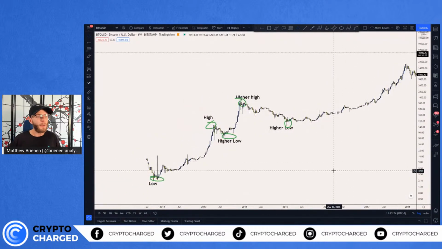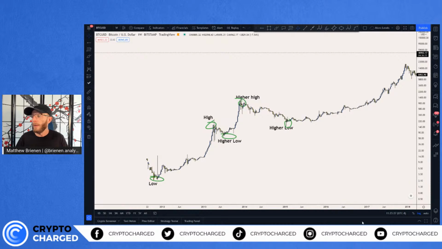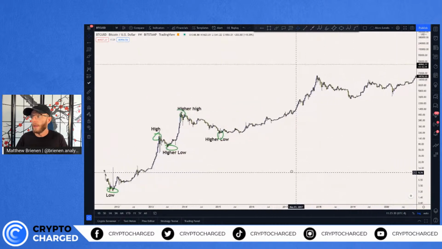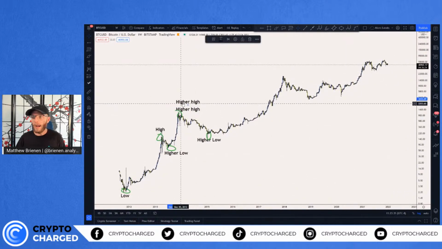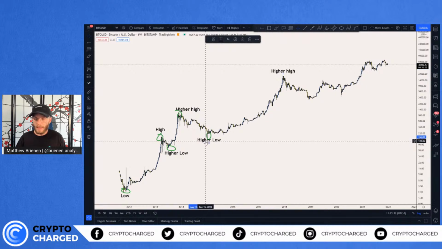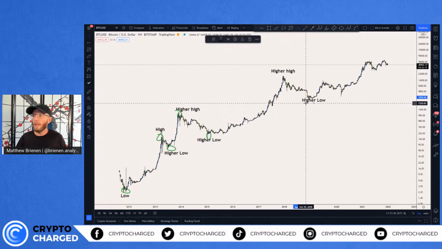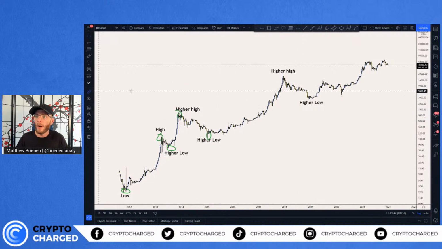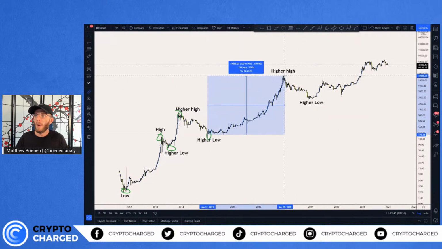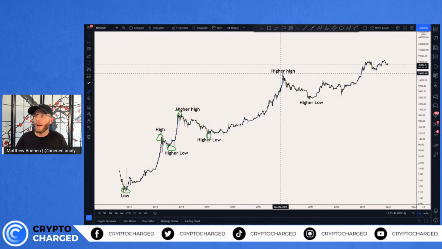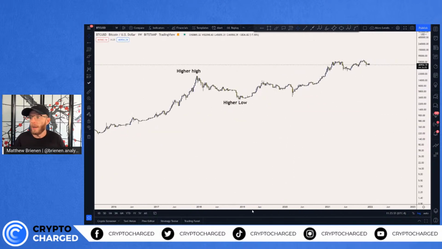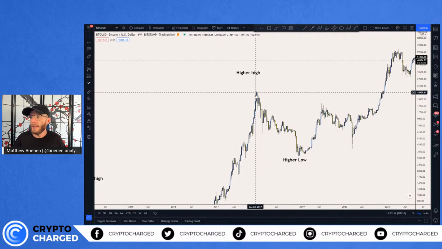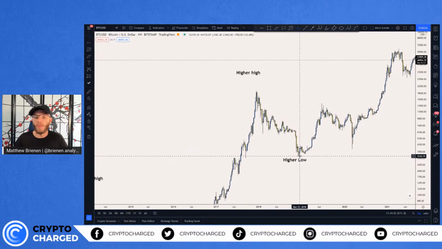And when we look at a macro view of what's happening with Bitcoin here, we pull out and we see, okay, we're on this weekly chart, so we know that each one of these candles is worth one week's worth of activity, we can see that we continue to make higher highs and higher lows. So although we can see big corrections in price, and I mean really big corrections, where price moves up from this higher low over 10,000% and then pulls back almost 84% to the downside. So when we look at this area right here, from the 2017, 2018 high that was set at almost $20,000,